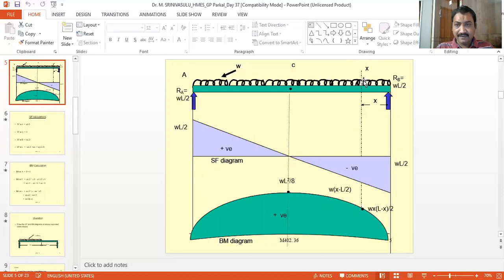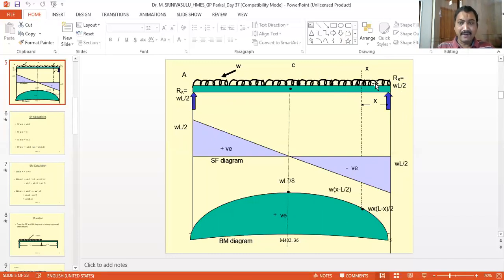Next, this UDL is the force. What is the UDL? UDL is equal to W into x. The force is equal to W into x, and it is generally acting at the mid of the span, that is x by 2 from this xx. So the moment will be W into x by 2, nothing but W into x square by 2. But which type of moment is it producing? If you try to do it in this direction, this is a clockwise direction. So a clockwise moment to the right of the section will be negative.